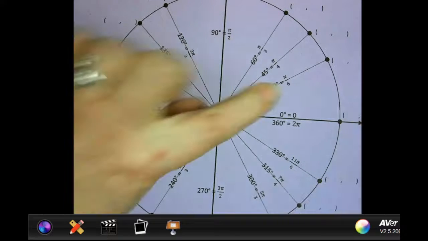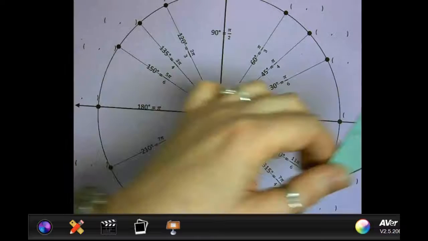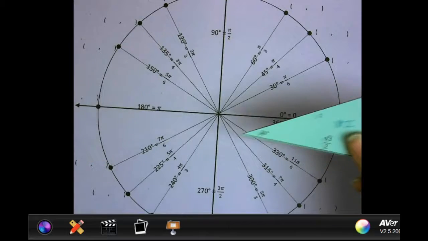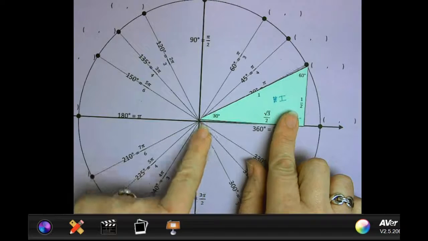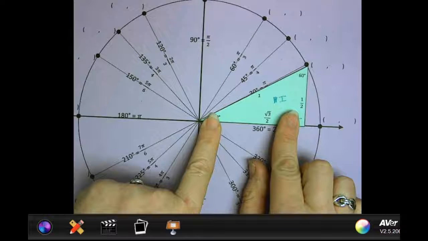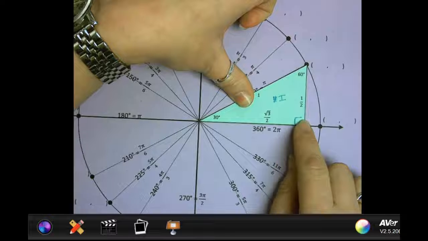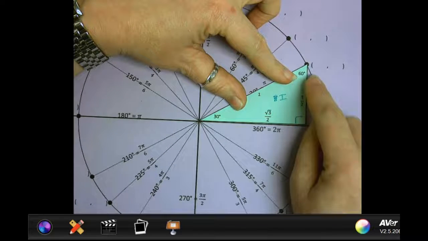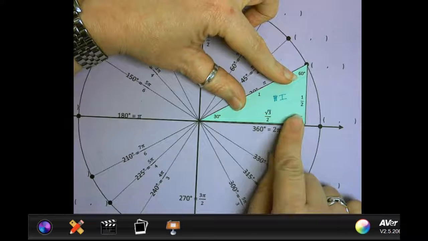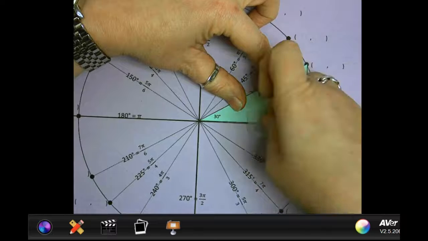All right, so we're going to start with your green number 1 triangle. It goes right here in quadrant 1. Set this down, 30 degrees on the center of the circle. The long leg is on the x-axis, which means the vertex at the 60-degree angle should be right on that point, right there on that circle. Once you get it all lined up nice and pretty, take a little piece of tape,